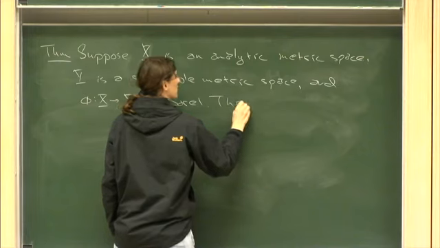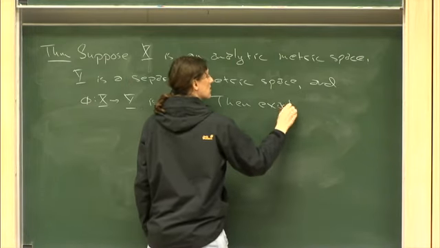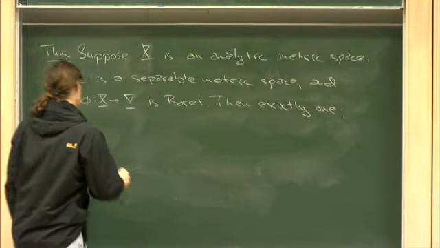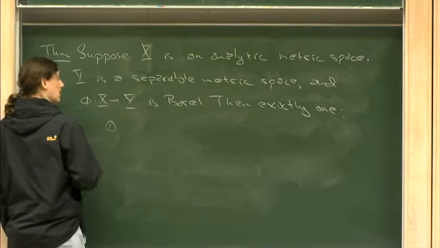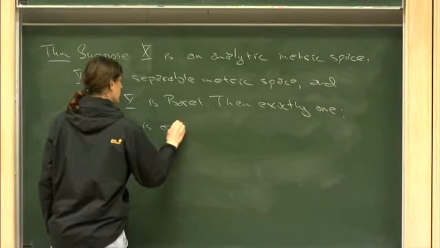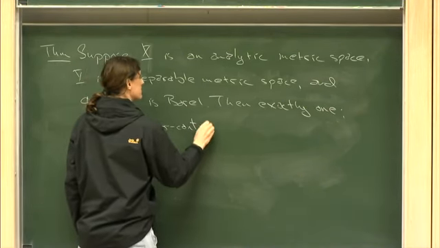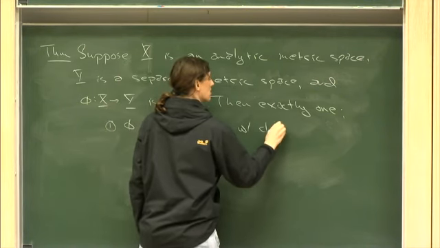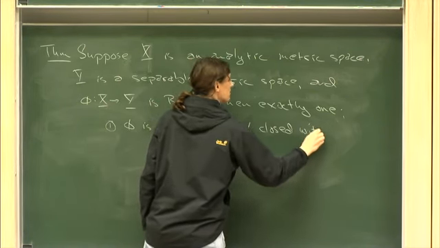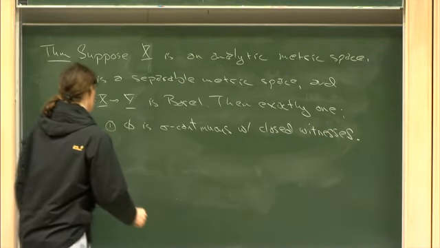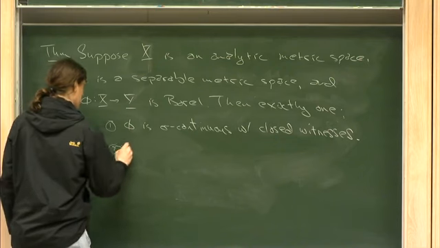Then exactly one of the following holds. Either phi is sigma continuous with closed witnesses, so again, you can just cover with countably many closed sets on which you're continuous, or,